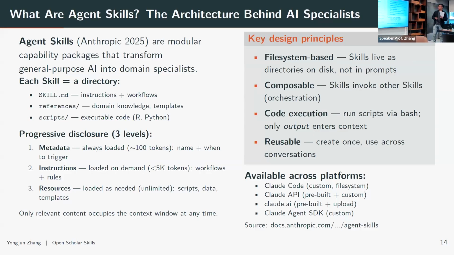So here are the key design principles. It's file-system based: skills live as directories on disk, not in prompts. Composable: if you think about doing social science research as modules, from idea and literature review to getting data and analyzing data, we can compose each skill separately. Code execution: run scripts. And reusable. That means we spent a lot of time developing open-source skills, basic agent skills,